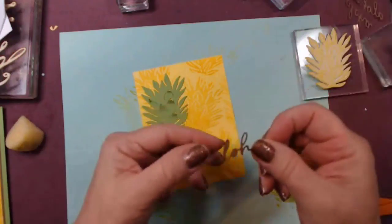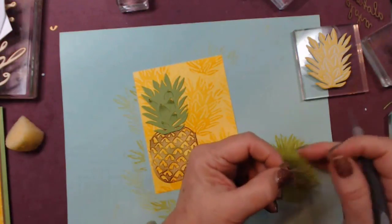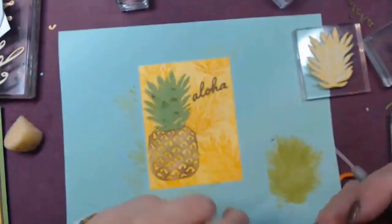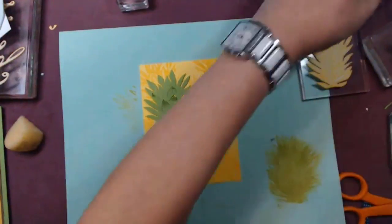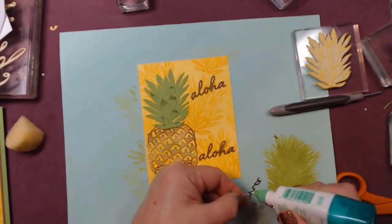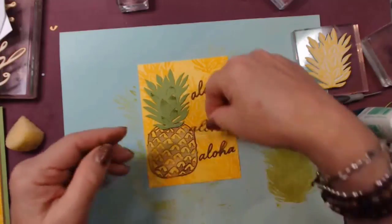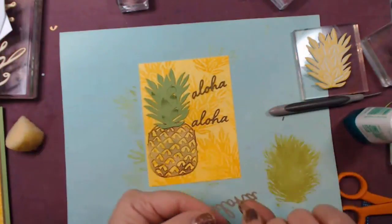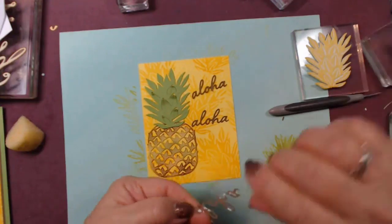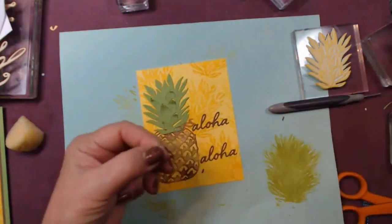And then I did these 3 alohas. And I started out, actually, I punched 3 of them because I always make a layer of 3 on my words, but I decided to use them this way and I didn't want to cut more. So they're going to go like that. But I do like to make them a little heavier. So they just need a little bit of glue. And the last one,